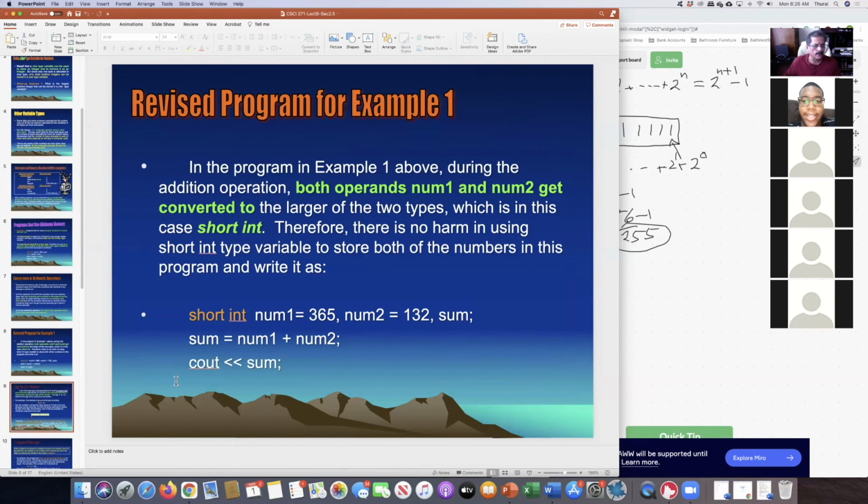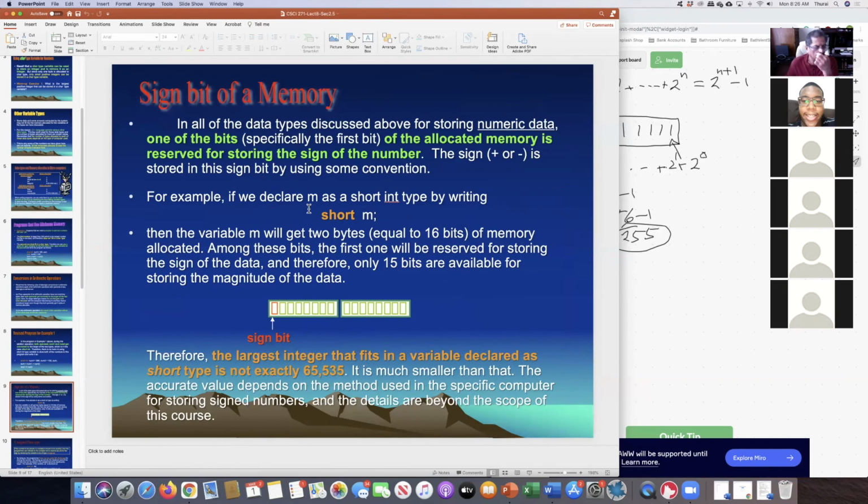All right, so now we're going to understand about sign bits in the memory. We have been discussing the numbers, how they are stored in the memory. But what about negative numbers? We never talked about negative numbers. Numbers can be negative, and therefore, whenever a number is negative, the negative sign has to be stored. So therefore, when the